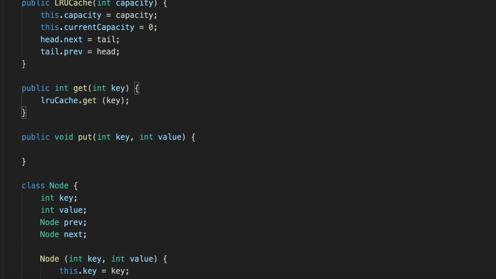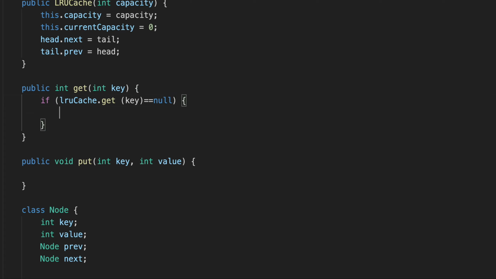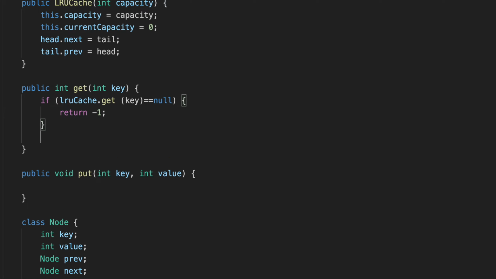So if we are getting our key, and it equals null, right? What does that mean? It means that we don't have that key in our cache, so we can return -1 right away. If we have it, then